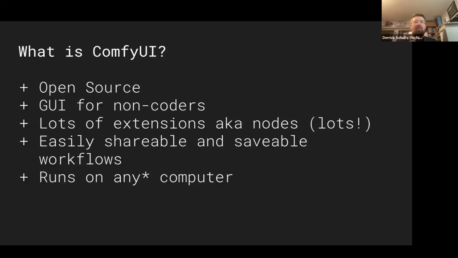But if you have an NVIDIA card, we'll talk about this when we talk about installing in just a minute. If you have an NVIDIA graphics card, like on Windows or Linux, then you're pretty much golden. You can really do a lot with that. There are some limits, especially when you hit video or when you begin to build really complex workflows, but there are often ways around that as well, whether it's reducing the image size, or offloading some of your tools and then bringing them back in, that sort of thing.